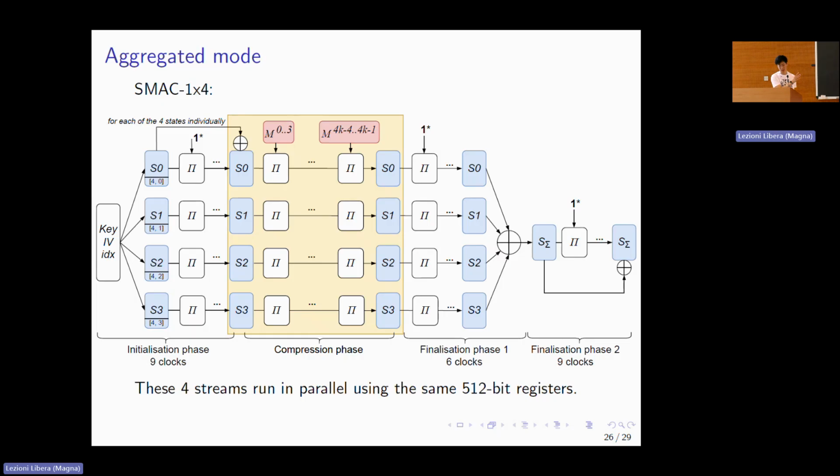After the initialization, we insert the index of each stream to prevent swapping attack. And after the initialization phase, we generate 4 random states, and these 4 random states will be in the same register. Our aggregating mode aims to make use of a 512-bit register that is on modern Intel CPUs, like those that have